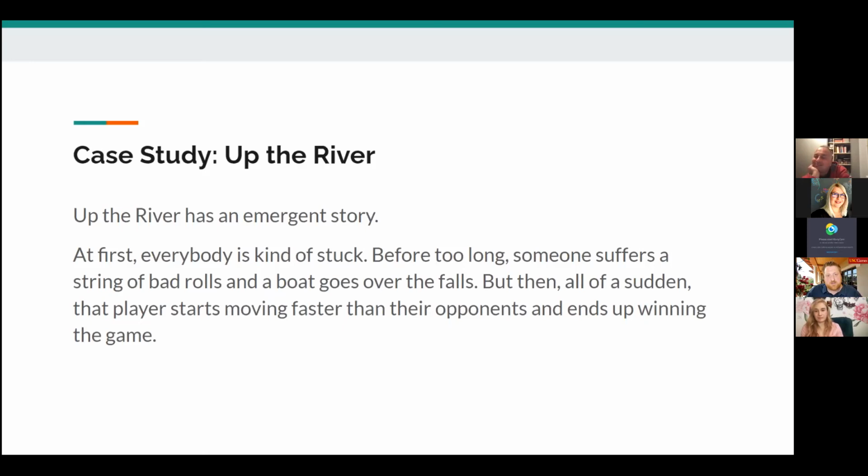And this happens because now they've only got 2 boats to divide their rolls between. And every 2 turns, they move both of those boats forward 3 spaces, and the river moves them back only 2. So now that player's starting to make progress faster than their opponents. And often that player, whoever is the first person to lose a boat, ends up winning the game because they take the top 2 positions at the end.